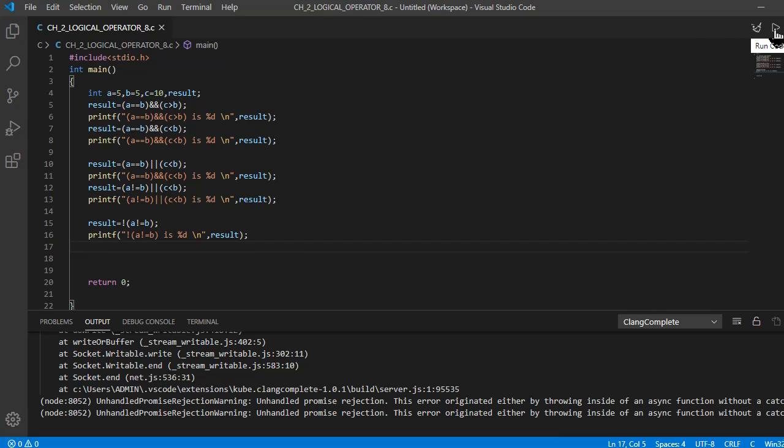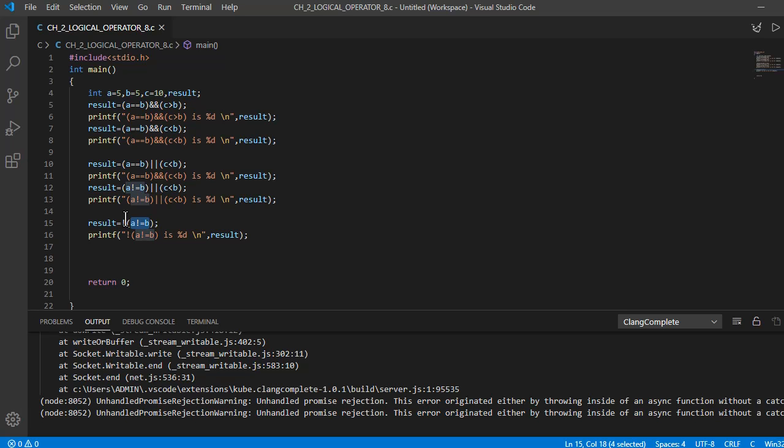Now execute it. Before execution, let's check it. What is our condition? Not A not equals to B. So it says A is not equals to B, that means it is 0. Before that, we are applying the NOT operator. What will be the output in this case?